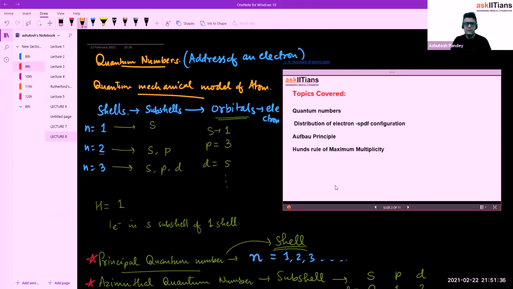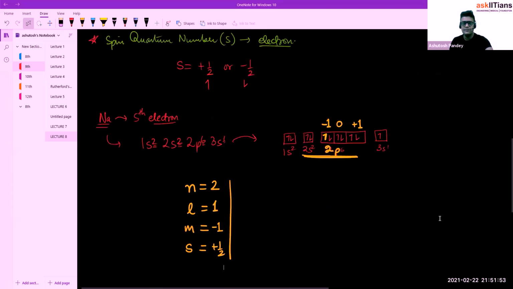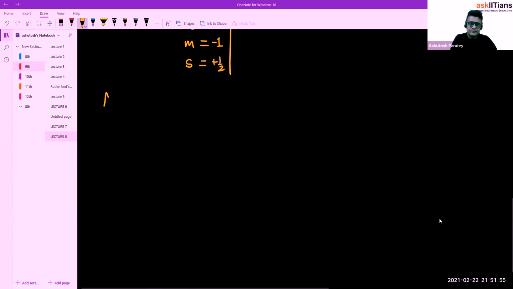Now let's take the next topic, which is distribution of electrons in spdf configuration. So let's talk about the Aufbau principle now. The Aufbau principle, as we are going to learn,